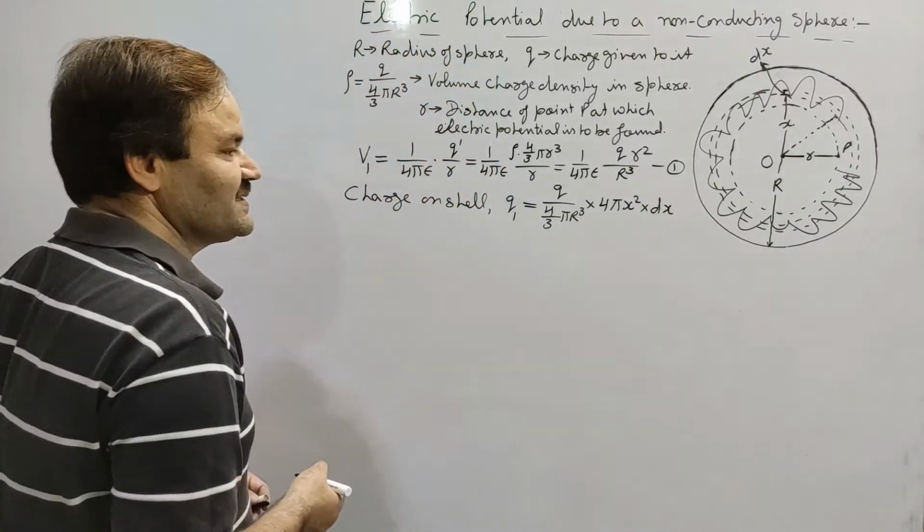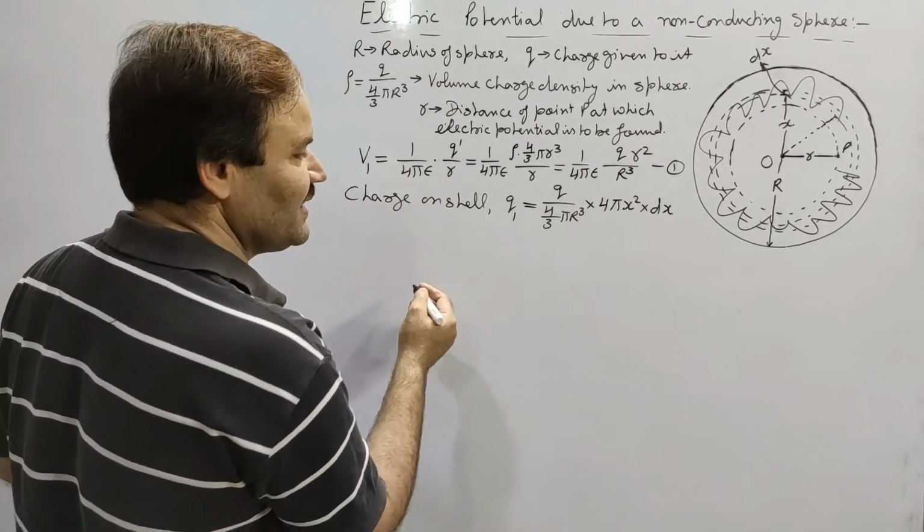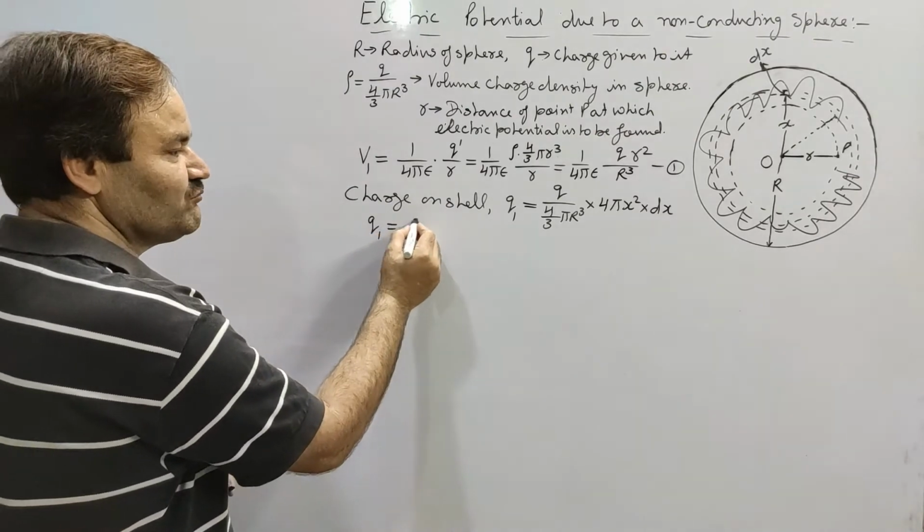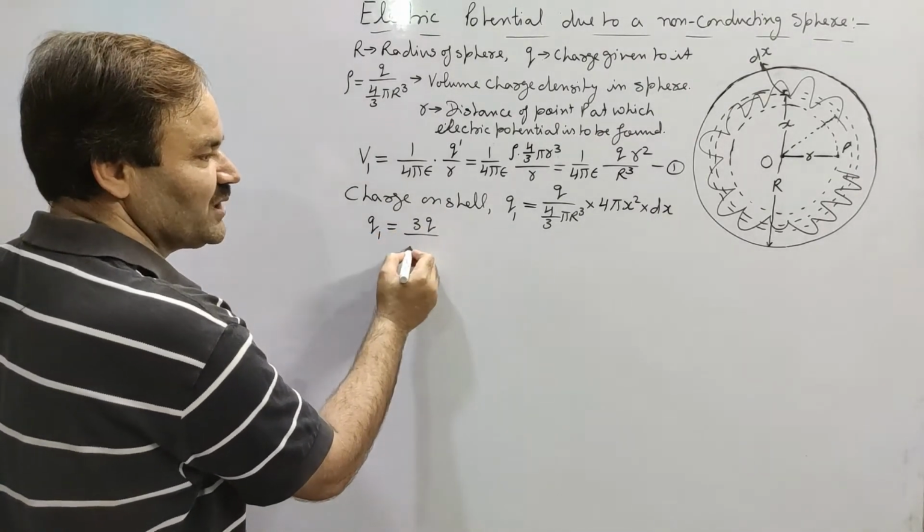So multiplied by dx, and this will give us Q1 is equal to 3Q upon R cube